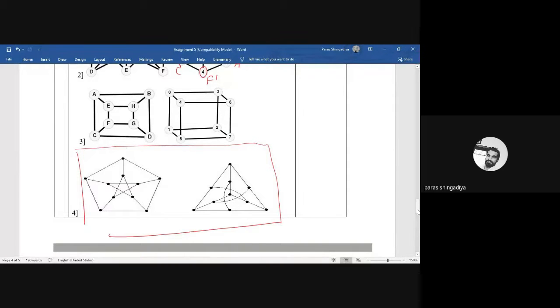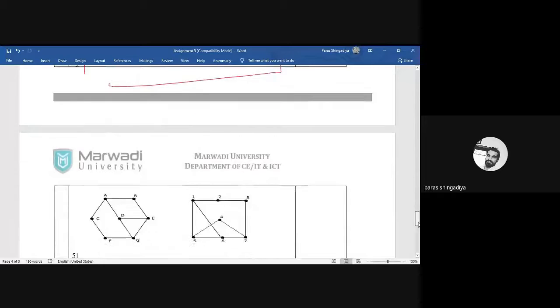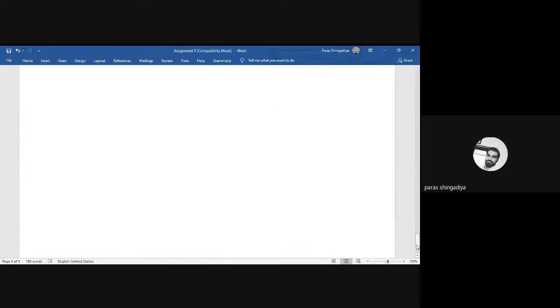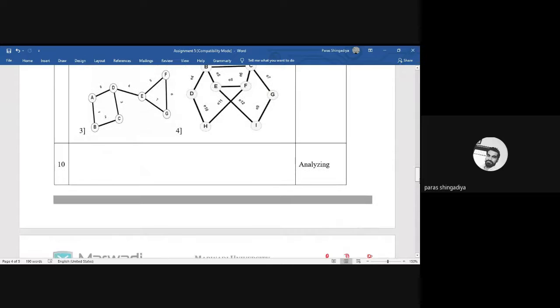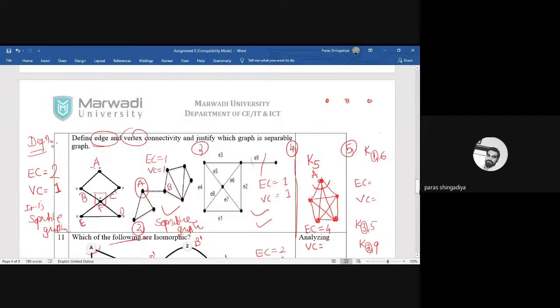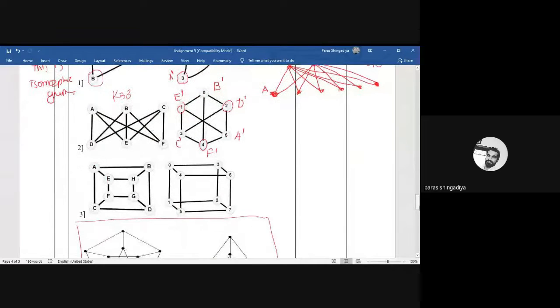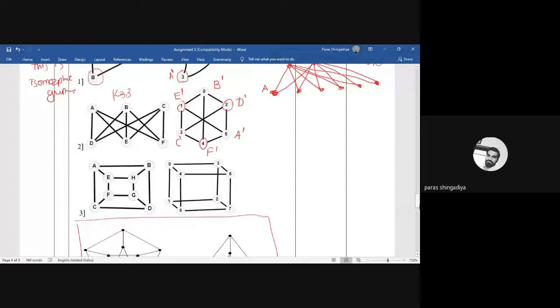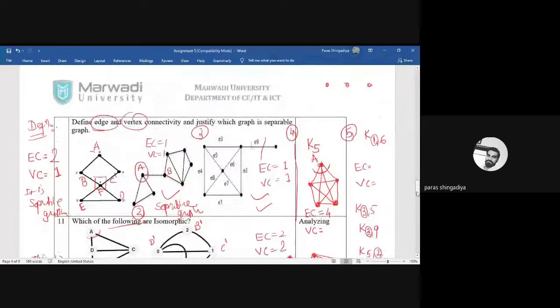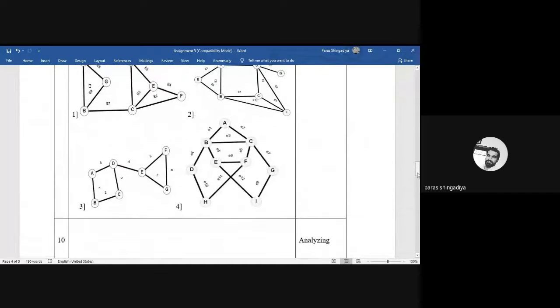So that is assignment number 5. That was the last question, and I think last week I created a link to upload assignment 5 in your Google Classroom. So complete assignment 5 this week, before Saturday. Finish it, convert it to a PDF file, and upload this PDF file in the Google Classroom before this Saturday. Saturday is the last date to submit assignment 5. After that, I will consider 0 marks for late submission.